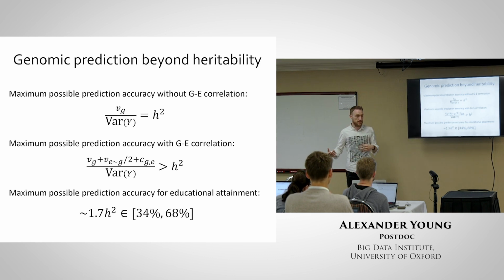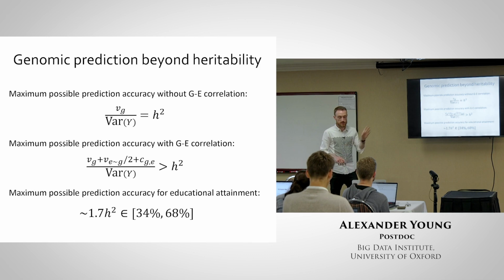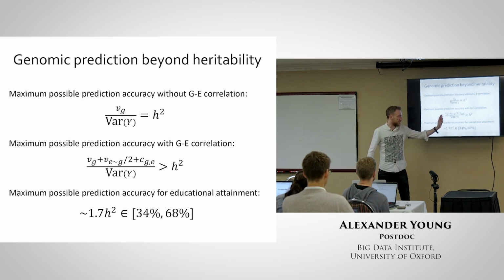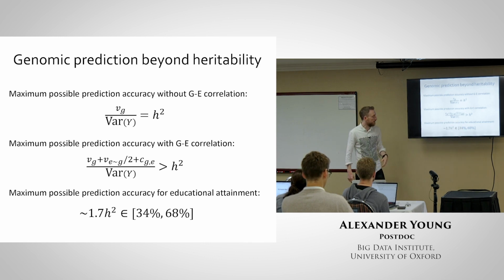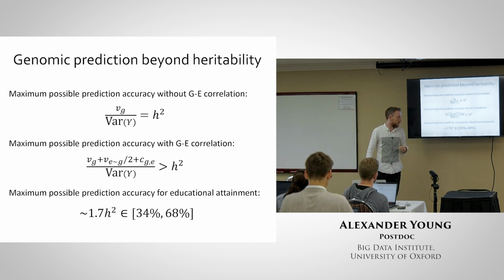can be larger than the heritability. So I was thinking, what would it be for educational attainment? If you take this 1.7 factor, which is the inflation relative to the heritability, and then take my RDR estimate of heritability as the lower bound and the twin estimate as the upper bound, this is just a rough sketch of what might be possible. If the twin estimate is right and the strength of indirect genetic effects is estimated right by us, then the maximum prediction accuracy for educational attainment could be up to 70%.